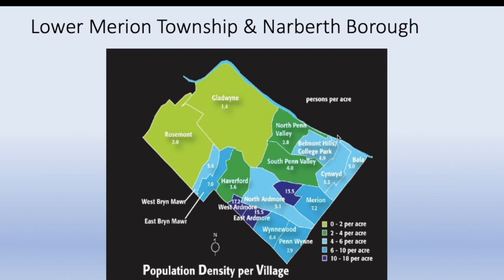This is the Schuylkill River over here. This would be City Line, the divider. This would be County Line, the divider between Havertown and Lower Merion. And then up here would be the divider between Radnor and Lower Merion Township. Again, you can see the population density, which of our neighborhoods in Lower Merion Township and Narberth Borough are more dense. As you get to the northwestern portion of the township, like areas such as Gladwyne, you can see it's not very densely populated, a lot more open space.